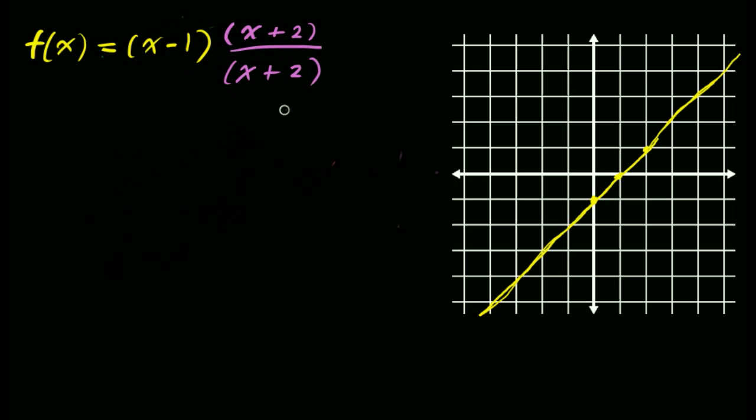And so hopefully you can see, if we were going to put 0 into this function, we have 0 minus 1 is equal to minus 1. And then 0 plus 2 is equal to 2, divided by 0 plus 2 is equal to 2. That's just like dividing by 2 over 2. It's just like multiplying this x minus 1 part of the function by 1. So we're really not changing anything by putting this onto our function. However, the only difference that this part of the function makes,